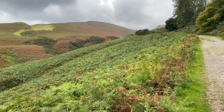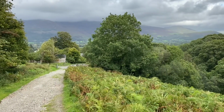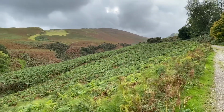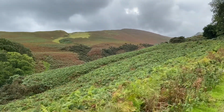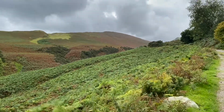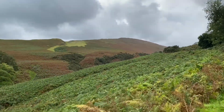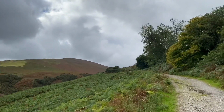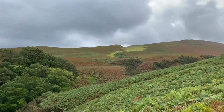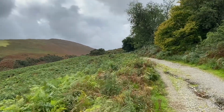Right, now we're out of Braithwaite. We just followed the road till it became this track, and now we're out into the open, and that ahead of us is Barrow. So before we summit Barrow, we're heading to Outerside, a further Wainwright peak. We'll bag that and return via Barrow and back down that path on the ridgeway there back down to Braithwaite. So it's a nice gentle climb at the moment up this track,